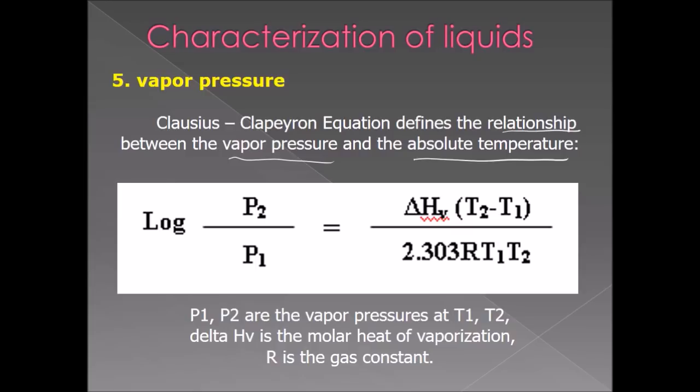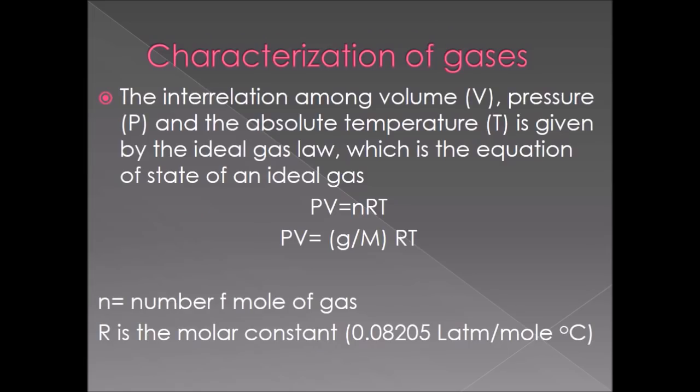So the parameters to characterize gas are volume, which is the volume of the gas that you use, and the pressure of the gas. The ideal gas equation describes the relationship between the volume, pressure and temperature. PV equals nRT, where n is the number of moles of gas and R is the molar gas constant. This shows the relationship between pressure,